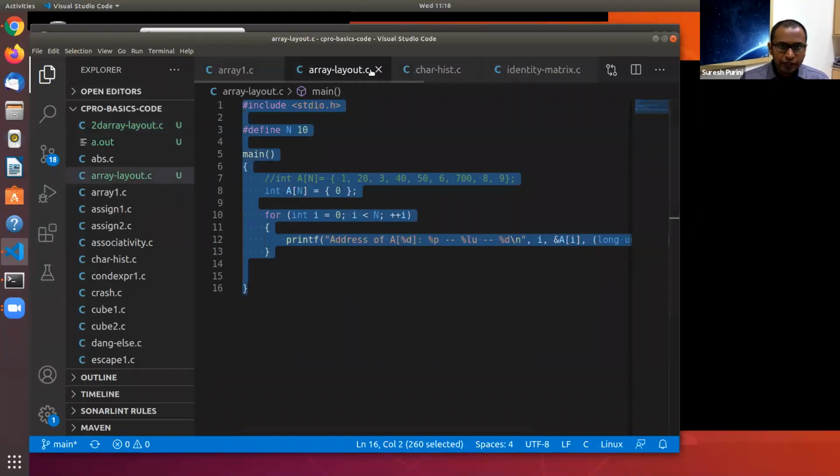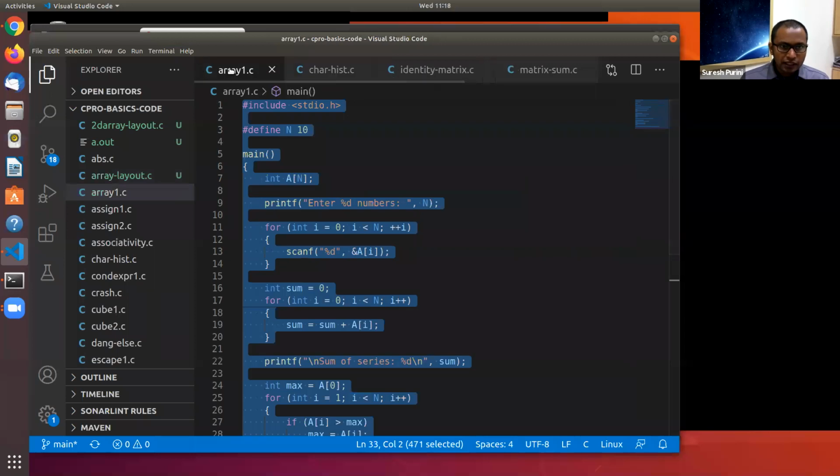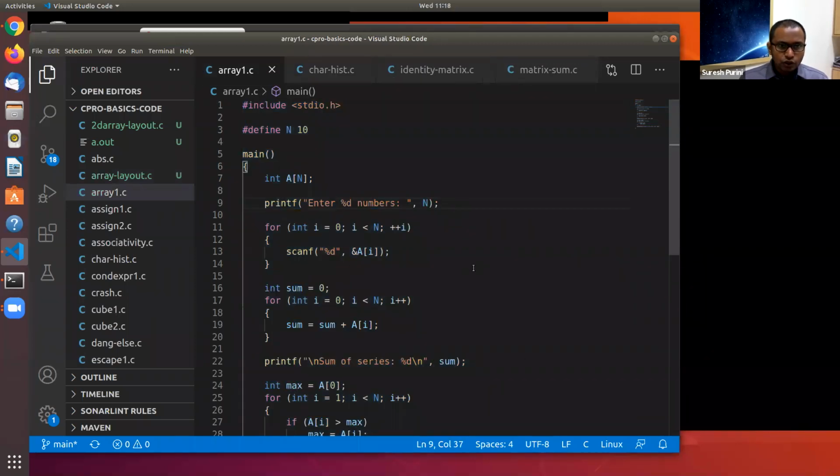So now we will take one more program, let's say array1.c. Here in this program, we are reading a sequence of 10 numbers from the input. You can see on lines 11 to 14, we read 10 numbers from the input and store them in the array elements A of 0 to A of 9.